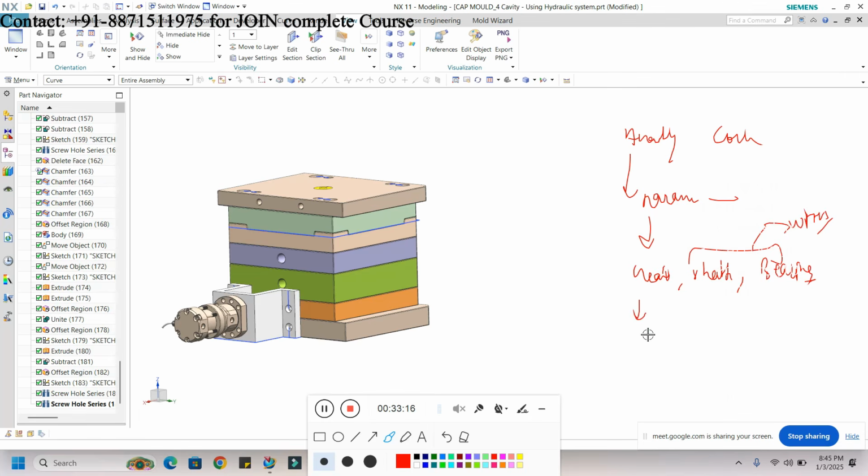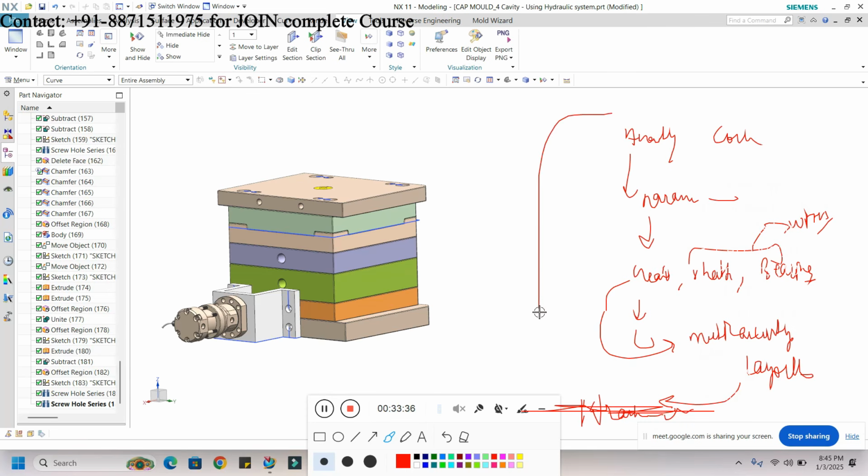Then, depending upon that selection, we have to prepare the multi-cavity layout of the component, and then start the designing of the mold base. Before starting the designing of the mold base, we have to complete this calculation.